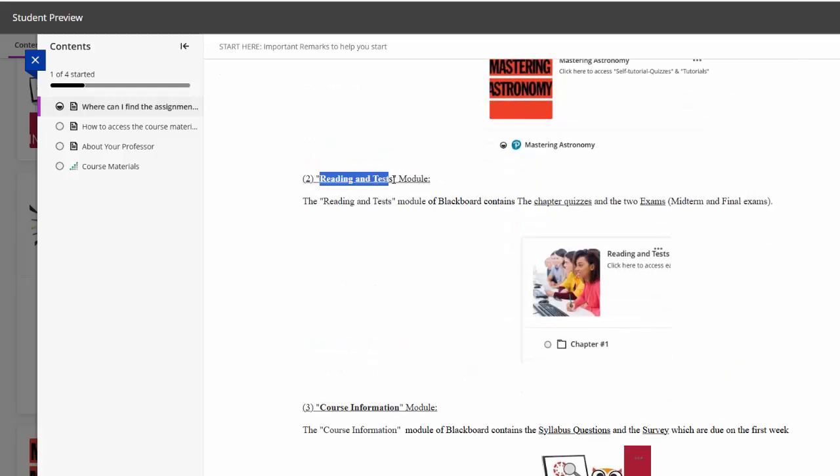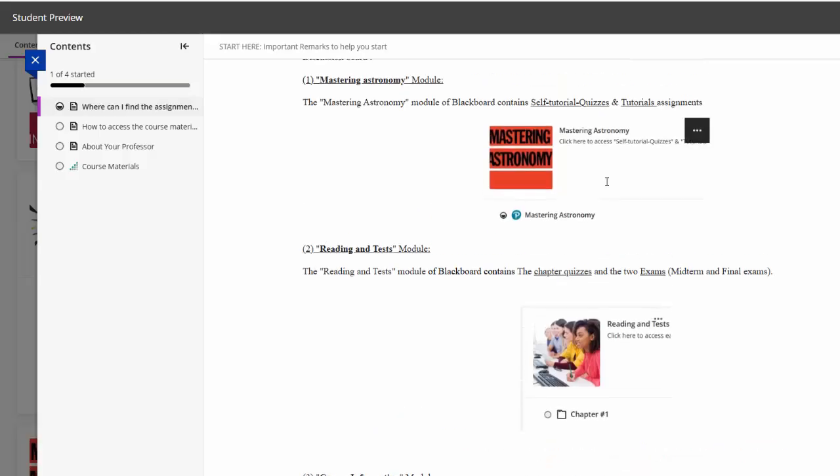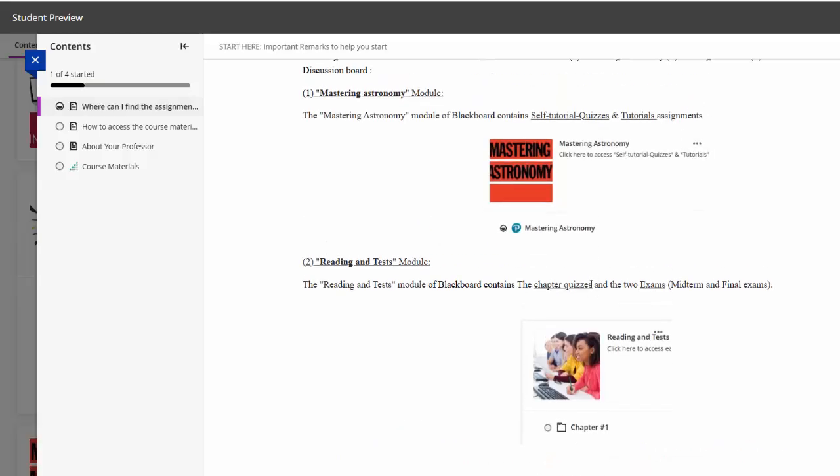The Reading and Test module houses the chapter quizzes and the 2 exams. And note here that chapter quizzes are different from self-tutorial quizzes. Okay, self-tutorial quizzes are located in the Mastering Astronomy module, while chapter quizzes are located in the Reading and Test